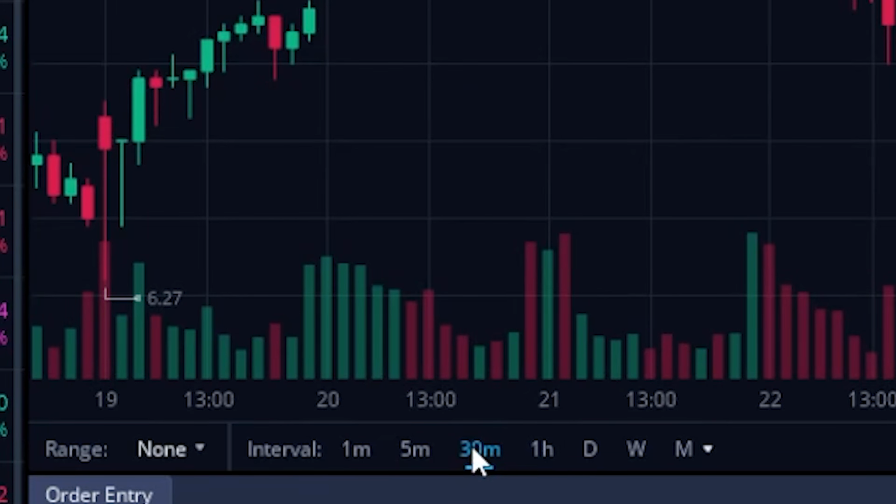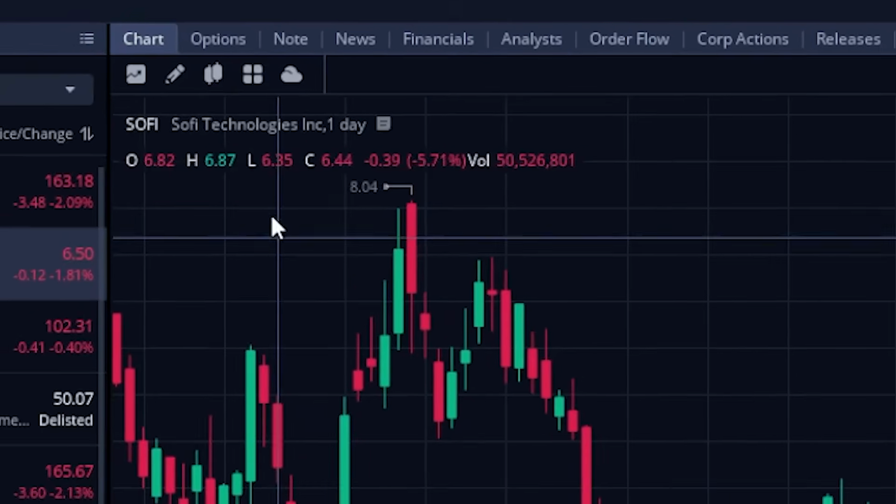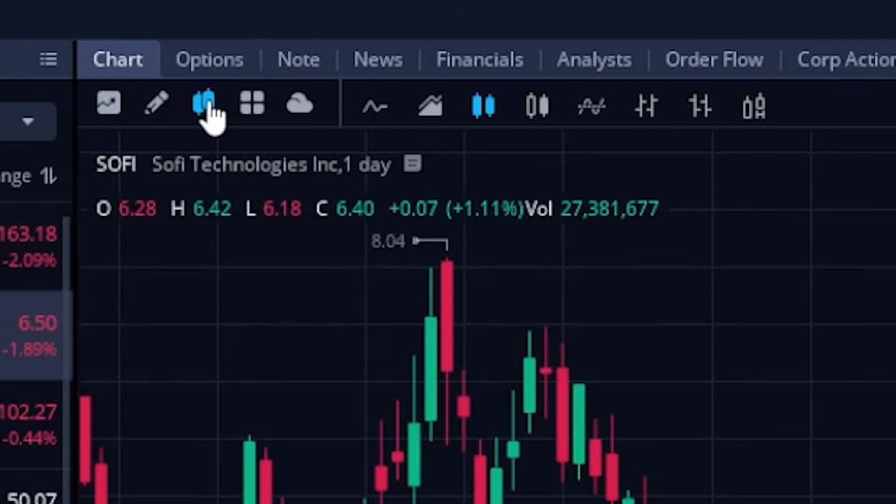So you day traders out there might be using the 1-minute and 5-minute charts quite a bit, but for those of us longer term traders, we're going to be looking at the daily chart. Now, if you're not a big fan of the candlestick charts, you could come up to the very top of the page and select this little line style icon. Looking to the right, we could then flip it over to a different style of chart, whether we wanted it to be a line chart, an area chart, a hollow candle chart, and a few others